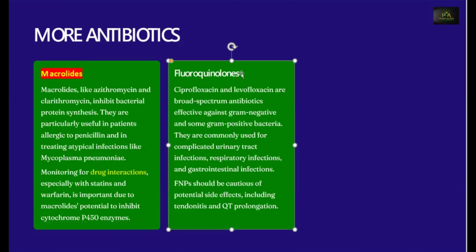Then we have the fluoroquinolones. They will ask you questions on fluoroquinolones. So those fluoroquinolones we have are ciprofloxacin, levofloxacin, gemifloxacin, moxifloxacin, and very important, we use it for complicated UTI. So let's start from the fluoroquinolones. We can use it for